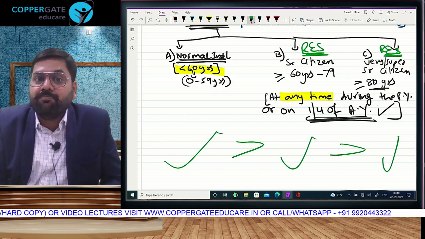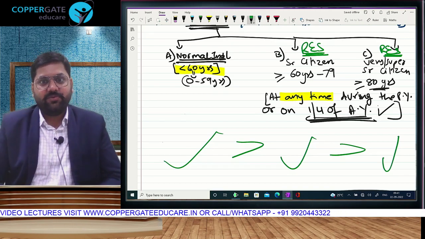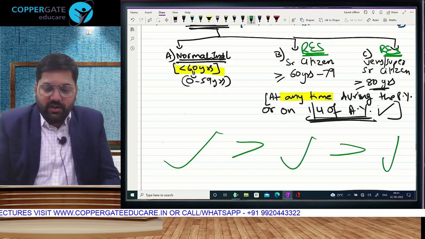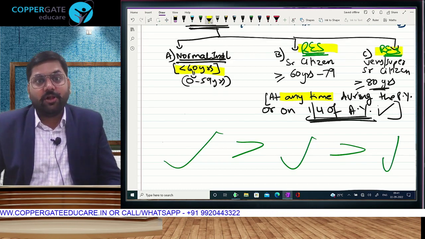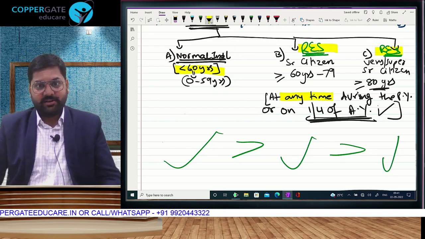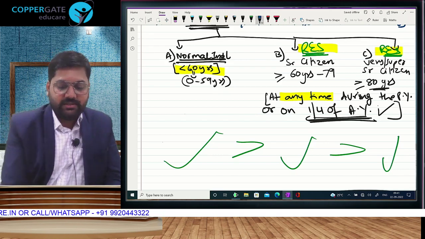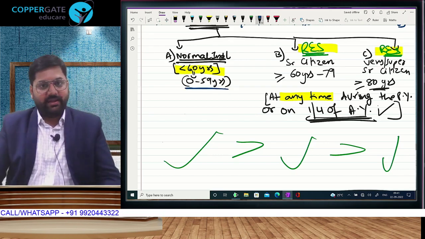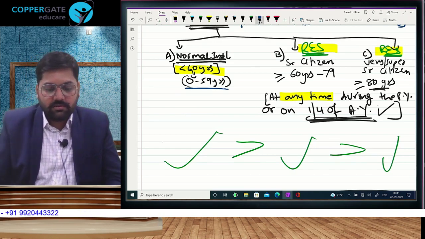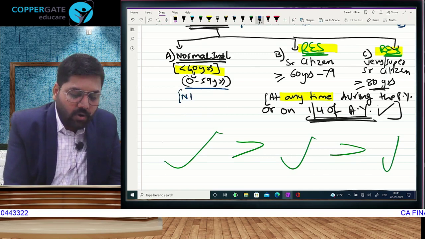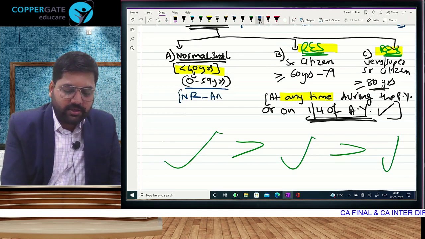Which also means, see what direct tax expects from you. Learn what is written in front of you and also interpret what is not written. This also means that this category, category A, 0 to 59 years ka all individuals will come here. If you are a non-resident, whatever be your age,